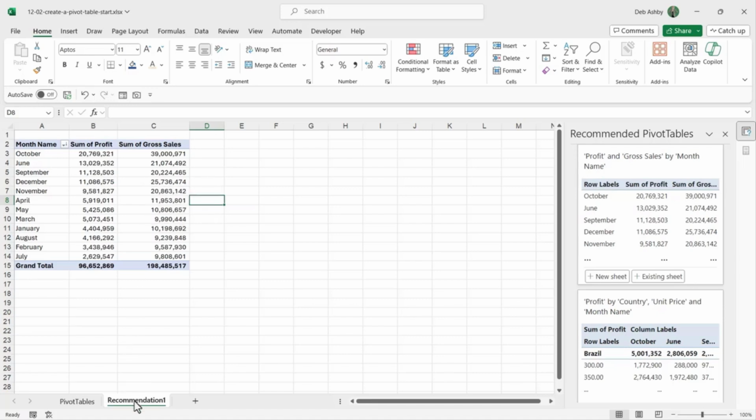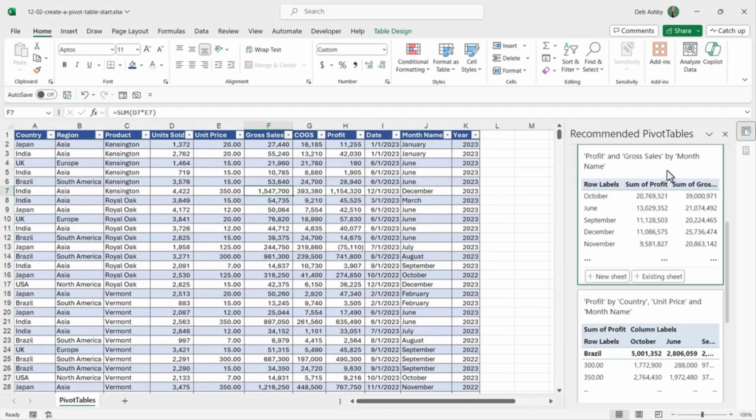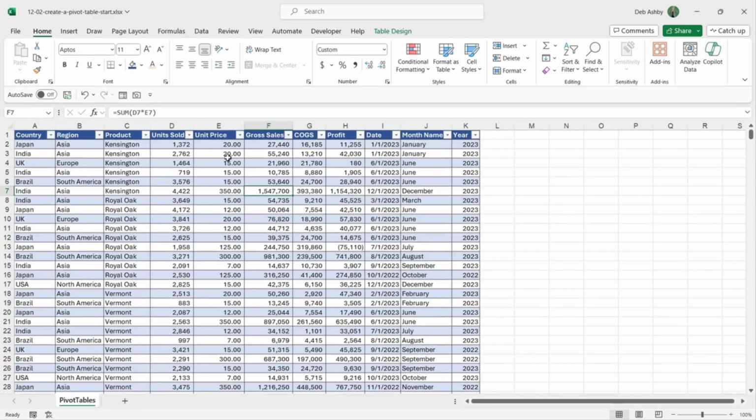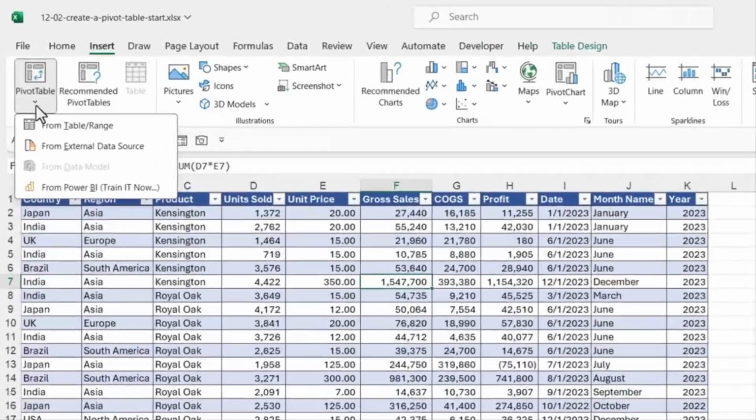Now in this case, we don't want to do this summary, so I am going to delete out this worksheet and close down this pane. But just remember that Recommended Pivot Tables is there available to you on the Insert ribbon. What we're going to do is create a pivot table from scratch because that's really going to help us understand how pivot tables work. Now notice here we have a little drop down underneath pivot table because there are numerous